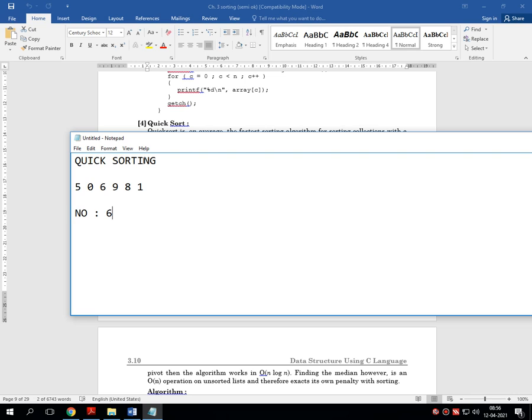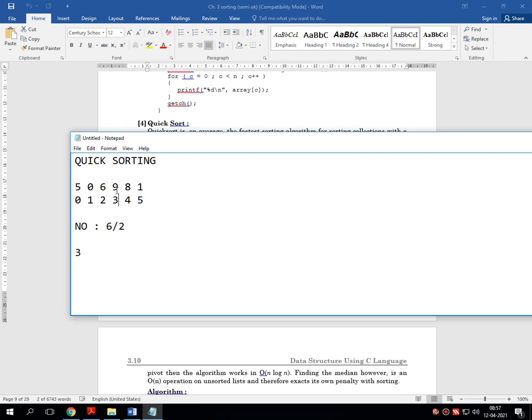Divide it by 2, that means divide into equal parts. Let me give the addresses here: 0, 1, 2, 3, 4 and 5. Whenever we divide these 6 elements by 2, we get the position number 3. Whatever number is stored on this position is considered to be the pivot element. So this 9 is the pivot element.